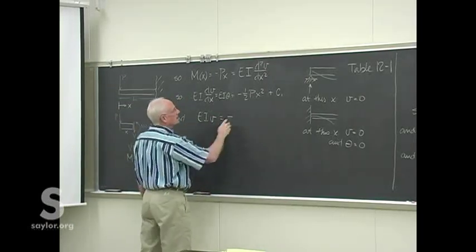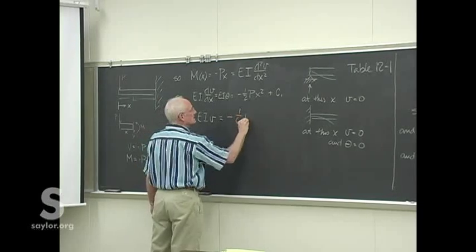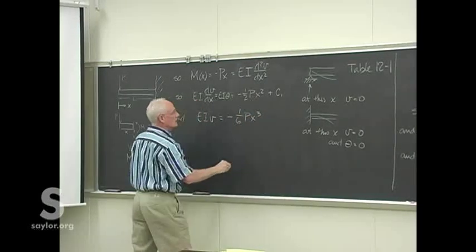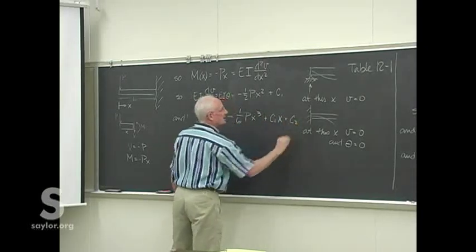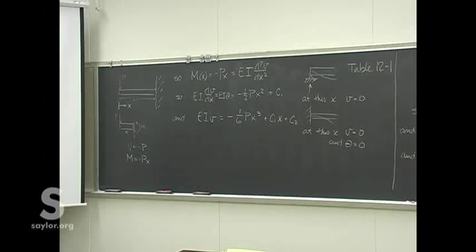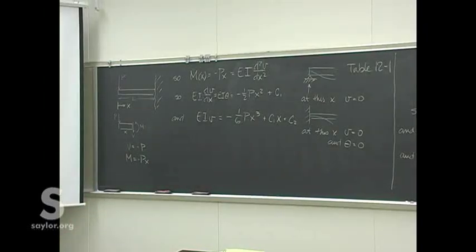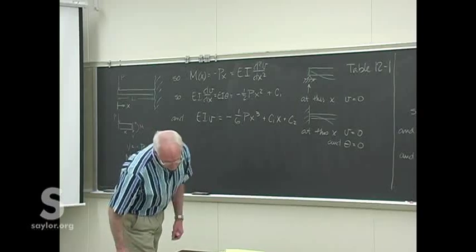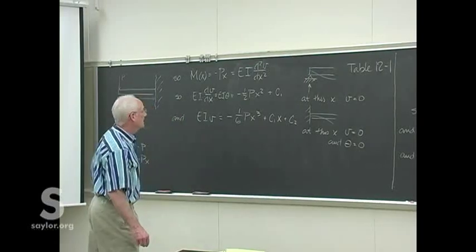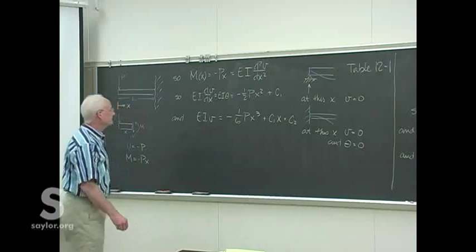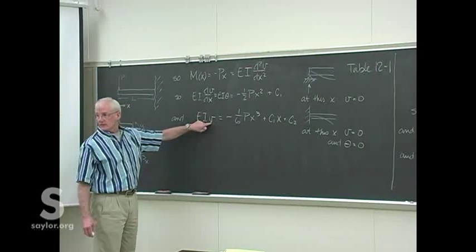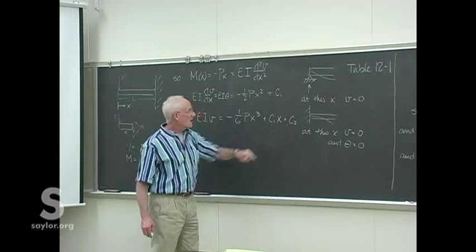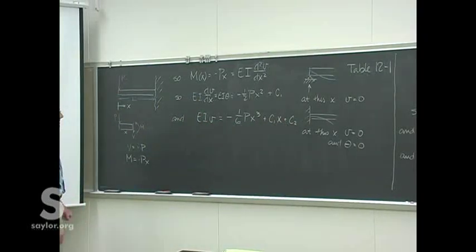So this is then minus 1/6 Px cubed plus c1x plus c2. Is that right? I think? All the minus signs, all the little pieces I need. Yeah, I think we're okay. All right, so now we have our curve. All we need to do is figure out what the constants of integration are, so we'll solve those with some